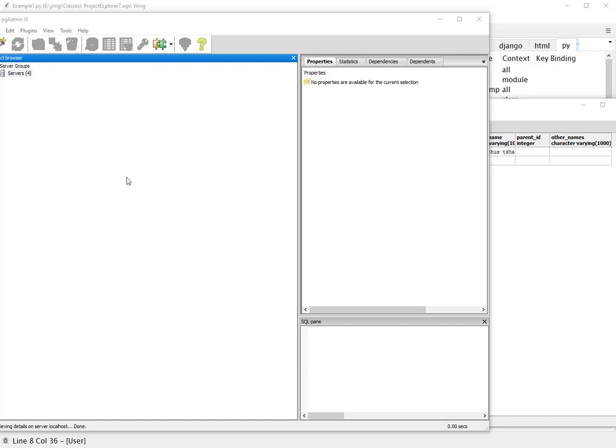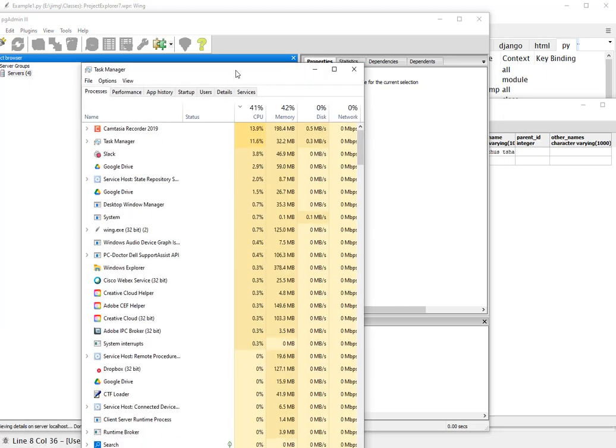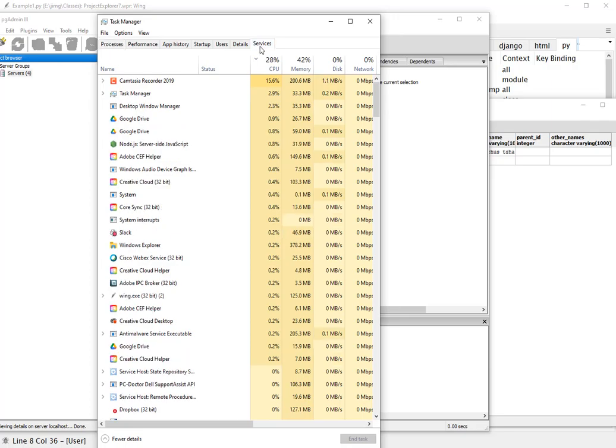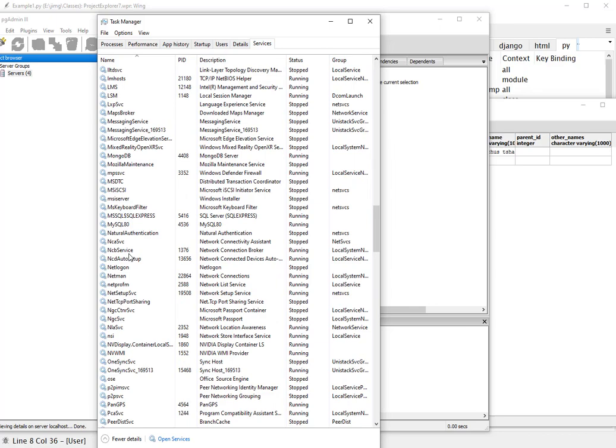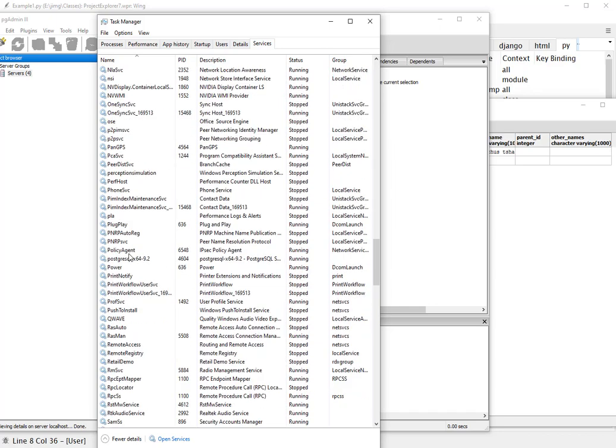This is a short video about using enterprise level databases. As I mentioned in other material, enterprise level databases are ones that are going to be installed as servers. In fact, this is Postgres, and if I go into Task Manager and go to Services, you'll see that Postgres is installed in here